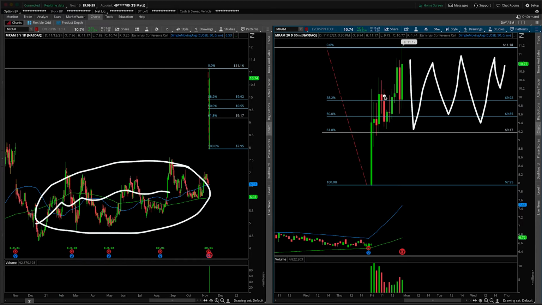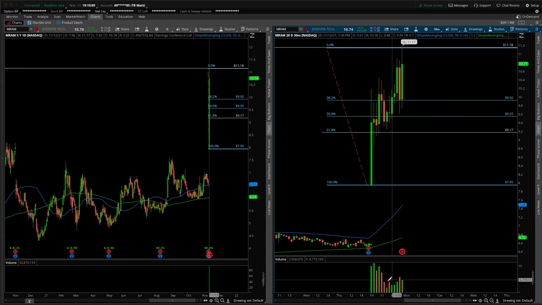I really think the only thing that puts into play another breakout is taking out Friday's high, obviously, but only if it's on really, really solid volume. I would want to see it on par with what we saw on the earnings announcement day. Maybe not all the way up here at 10 million shares per 30-minute bar, but I would definitely want to see at minimum kind of this area in here. So let's just call it 4 million shares per 30-minute bar